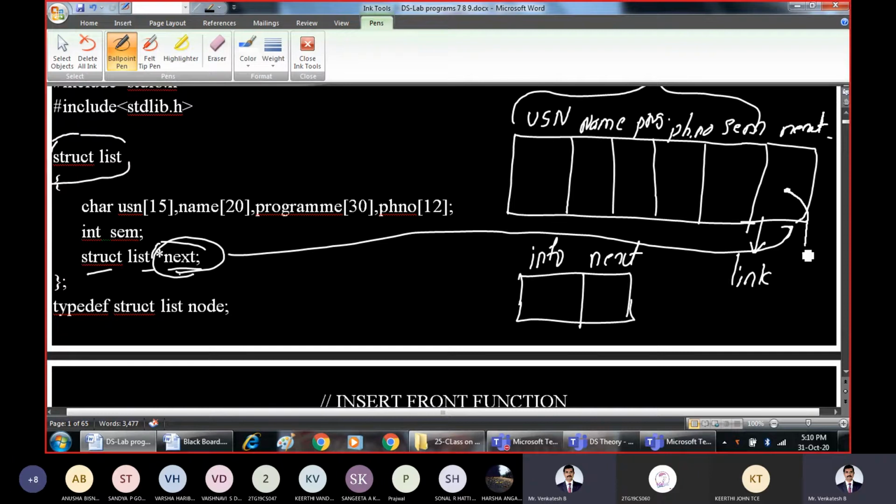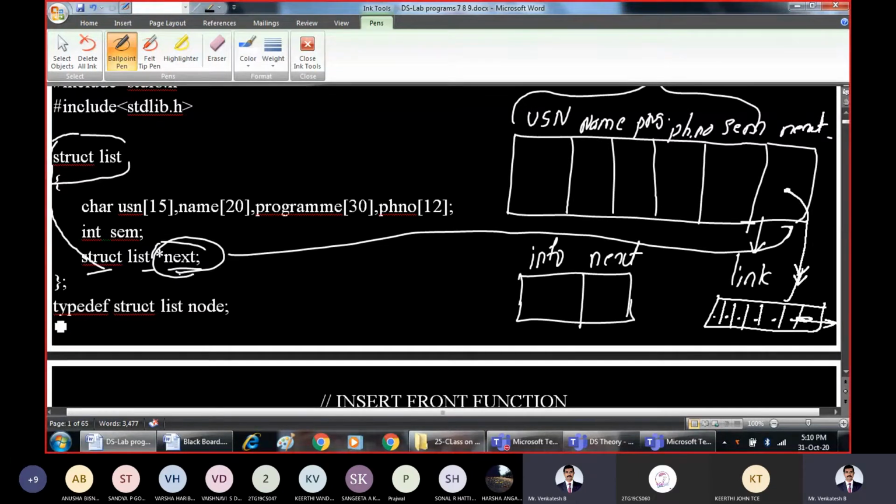This is going to point to the next node. Next node of what type? Of the same structure type. That means whichever node it points to will again contain this much information: USN, name, program, phone number, semester, and again a pointer to the next node. That is what you should understand by this line.